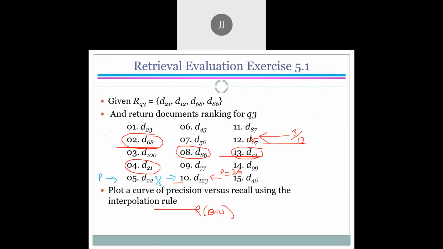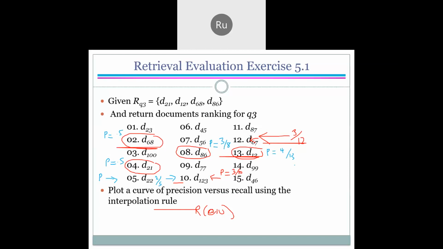So we need to know what is the position here. What is the position here? This is 1 over 1 and 2 over 5, right? What is the position here? This is 2 over 5. What is the position here? This is 3 over 8. The position here will be